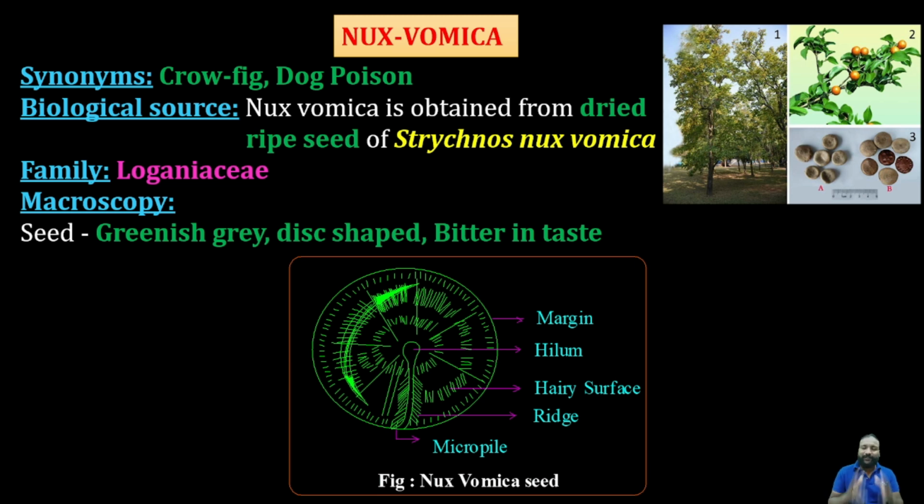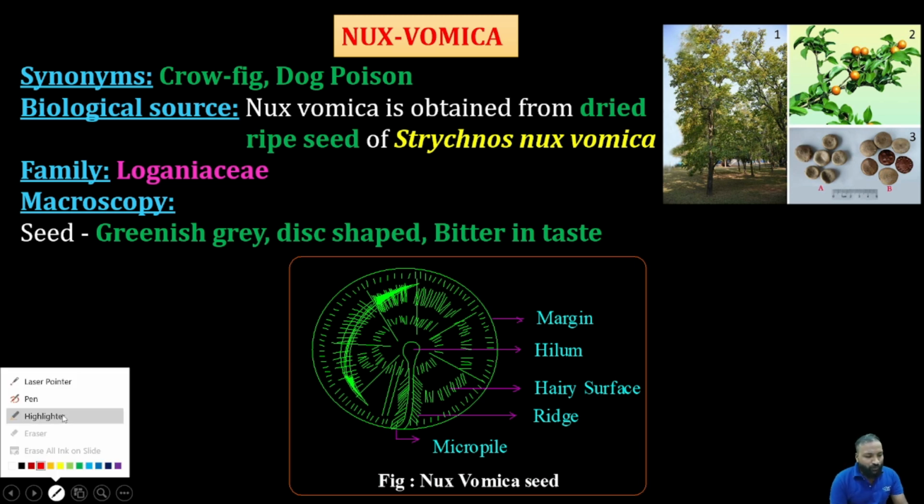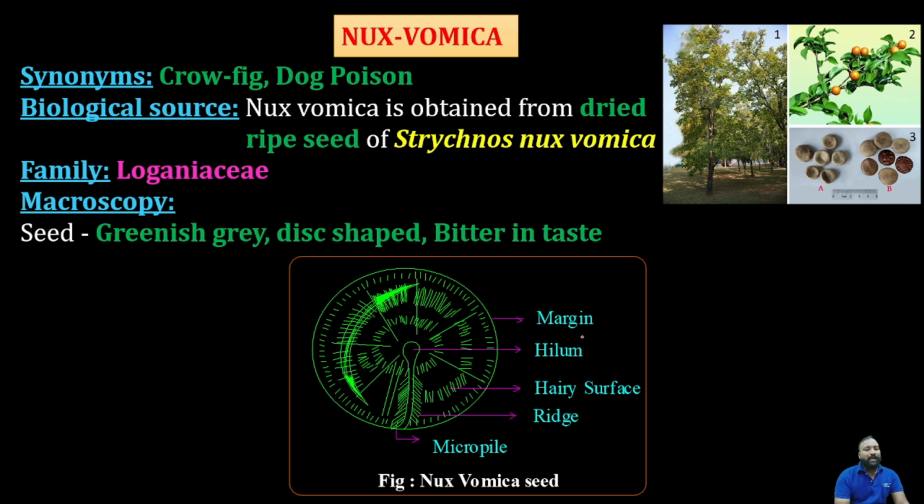Yes, we have covered ergot, and now we are moving to nux vomica. Nux vomica is a seed. We all know that secondary metabolites like alkaloids can be obtained from different parts of the plant, either the root, stem, flower, seed, leaf, rhizome or fruit. Here, nux vomica is the dried ripened seed, from which we get strychnine and brucine. Such chemical constituents are obtained from nux vomica.